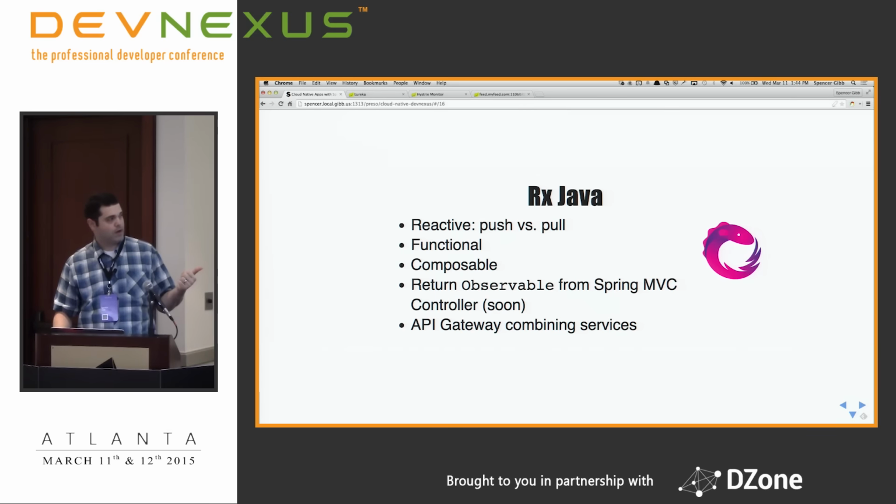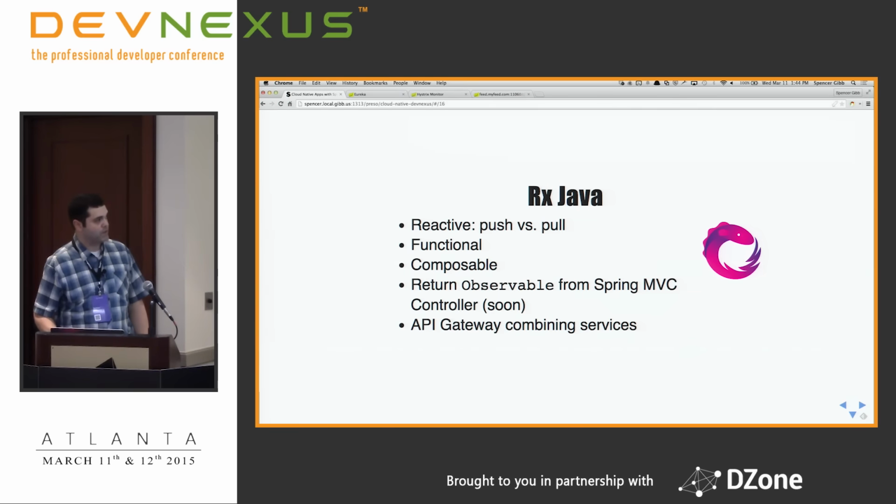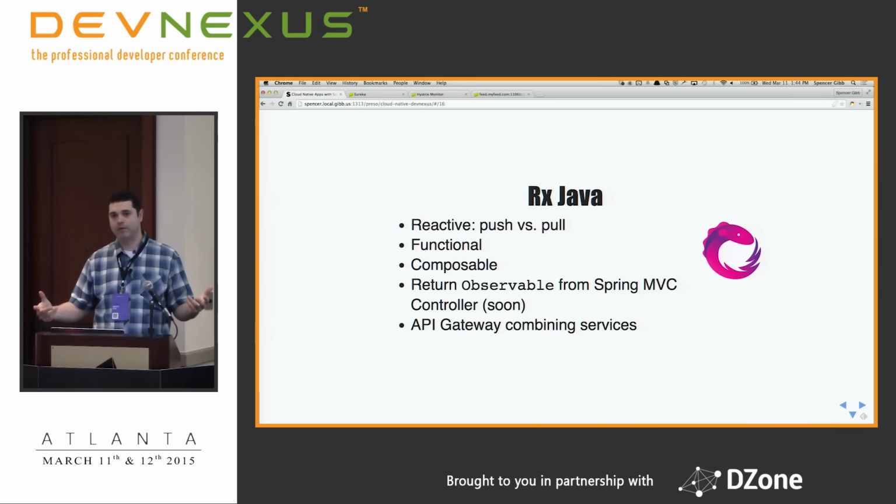So Netflix created RxJava, which has ballooned into this wonderful thing. There's a whole reactive community out there. They ported, I'm not sure of the name, they ported the library from Microsoft, which is where one of the original implementers of this came from. But it's push as opposed to pull. Iterators being pulling, and observable, which is what they introduce, is pushing your data. It's a nice functional abstraction.